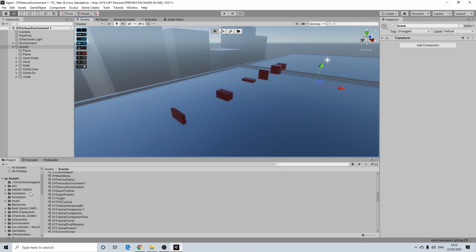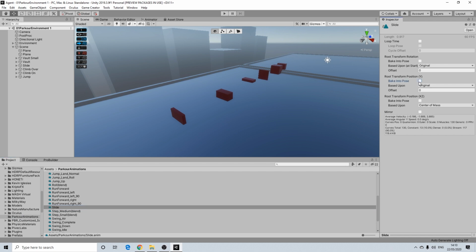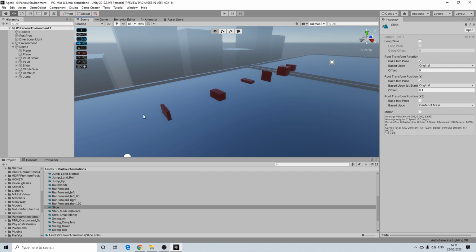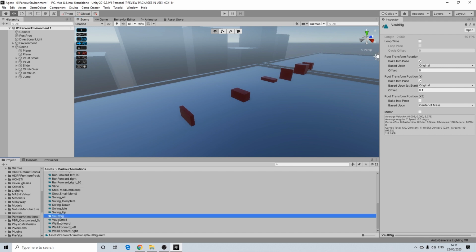Now, before we start all of this, I want to make sure that once you go to your animations, parkour animations, there we go, that for actions like sliding, we actually change these. Now, if you've seen any of my other videos on animations, you will most likely always need an offset. And this offset is necessary, otherwise you'll hover slightly above the ground. So you need to make sure that is turned on for basically most